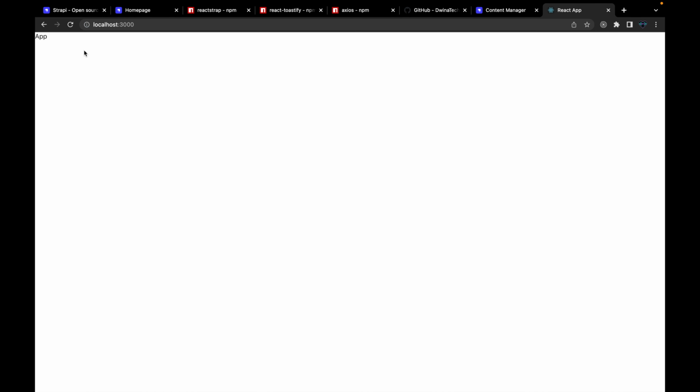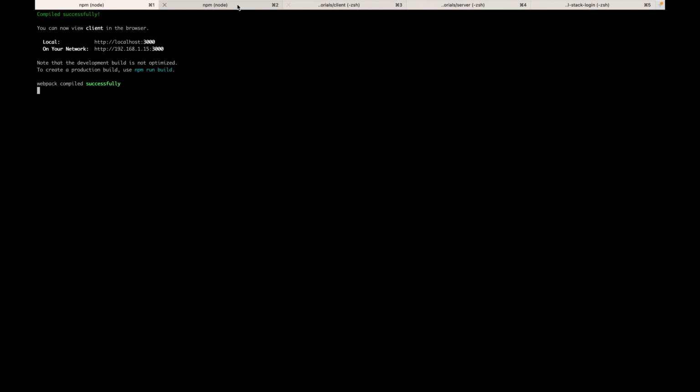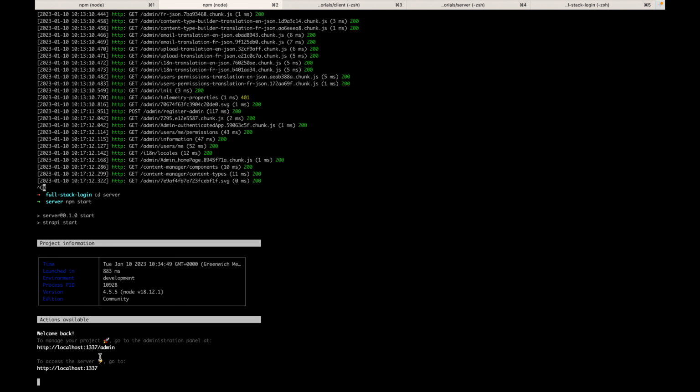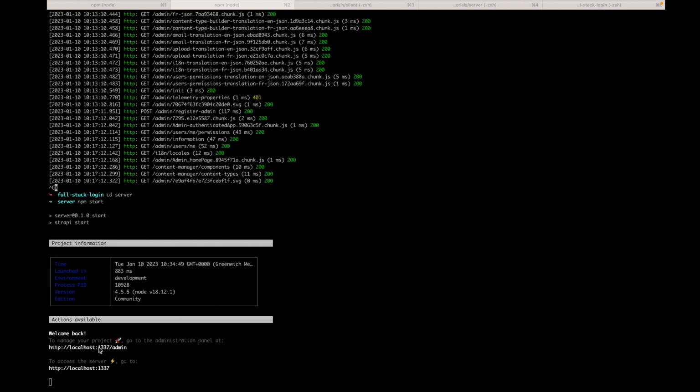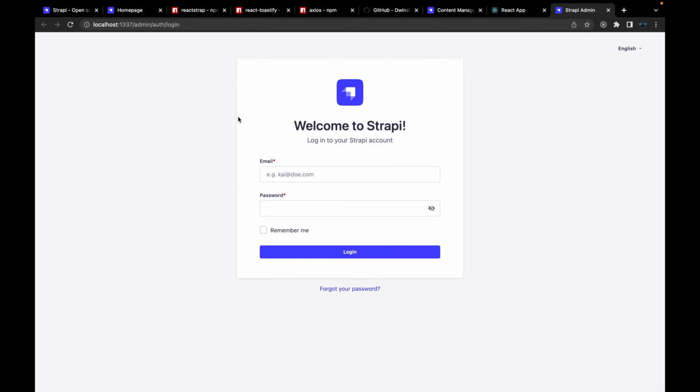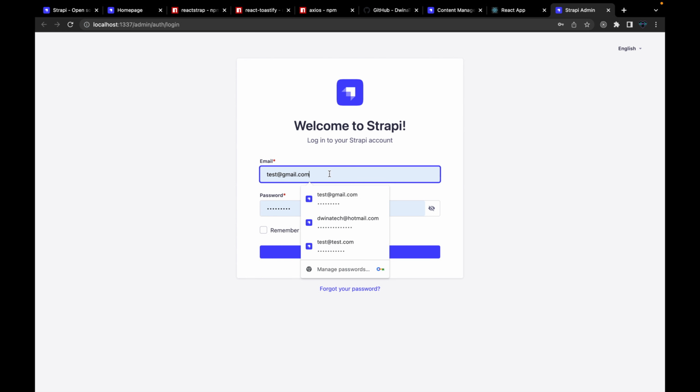See, this application we just created is an empty React app. We don't have anything that you can see here, just this text. And let's see, the server is also running here. We need to navigate to this localhost 1337/admin, and this will take us to this tab where we have the login, and I just created an account